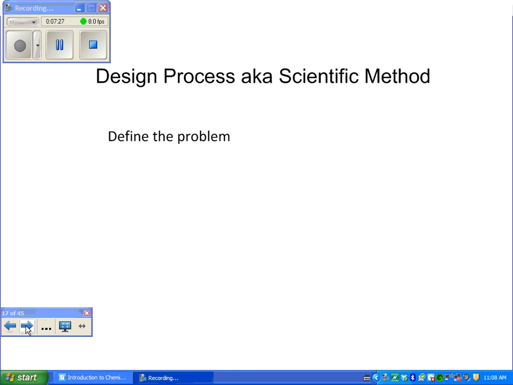So if we look at defining the problem, basically all research is going to start with some type of question. What is the problem? Or what is the need? Who has the problem or this need? Why is it important to solve it? And what are our restraints that we need to stay within when we are trying to solve it? So after we've defined the problem, then we want to go through